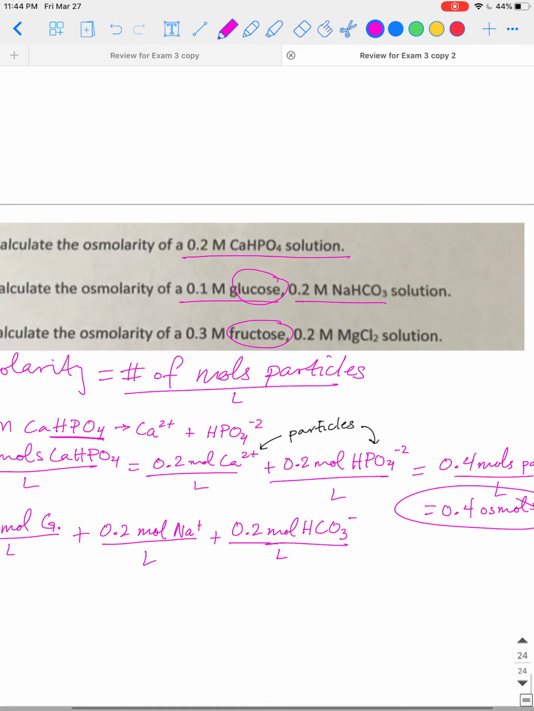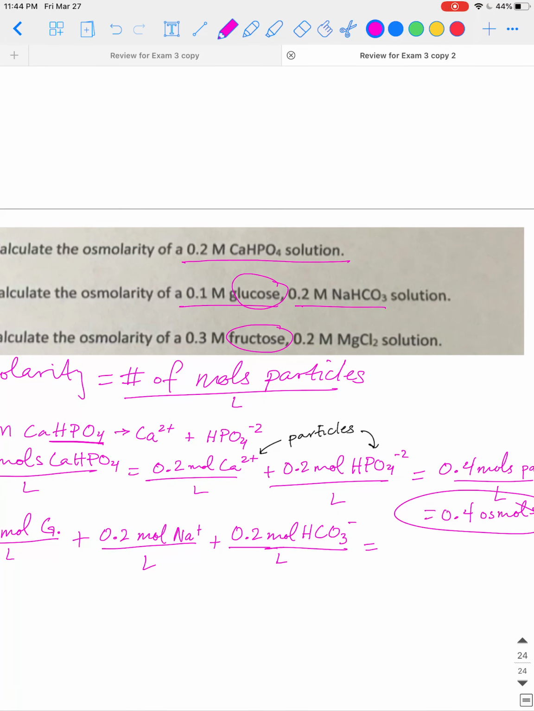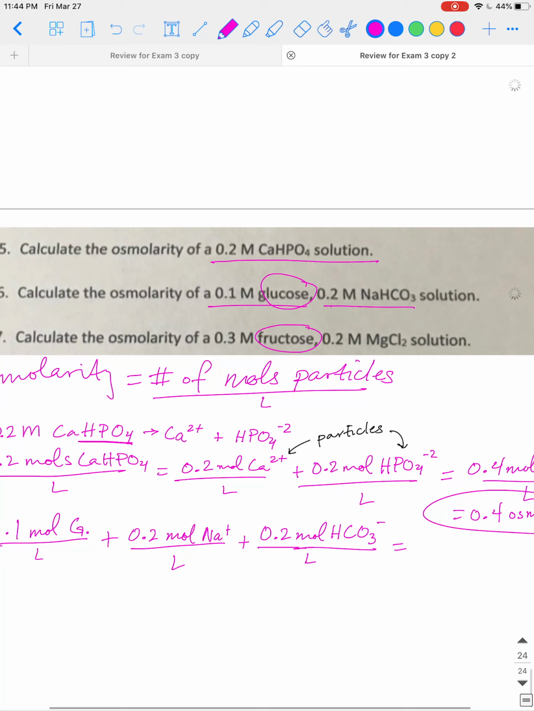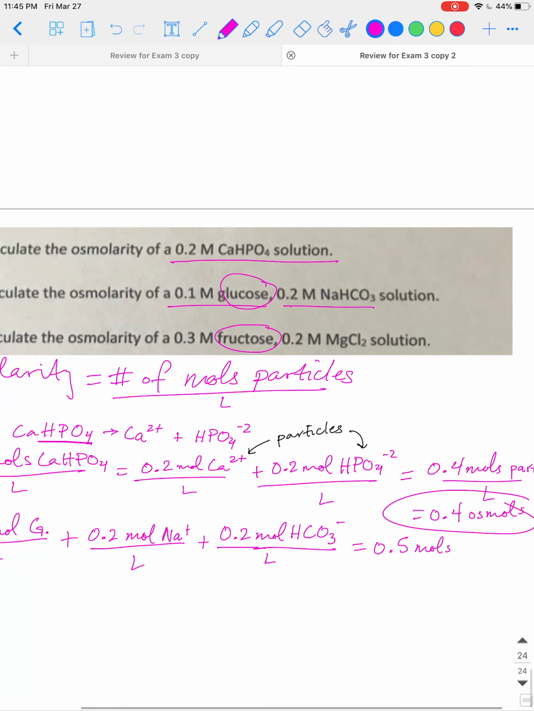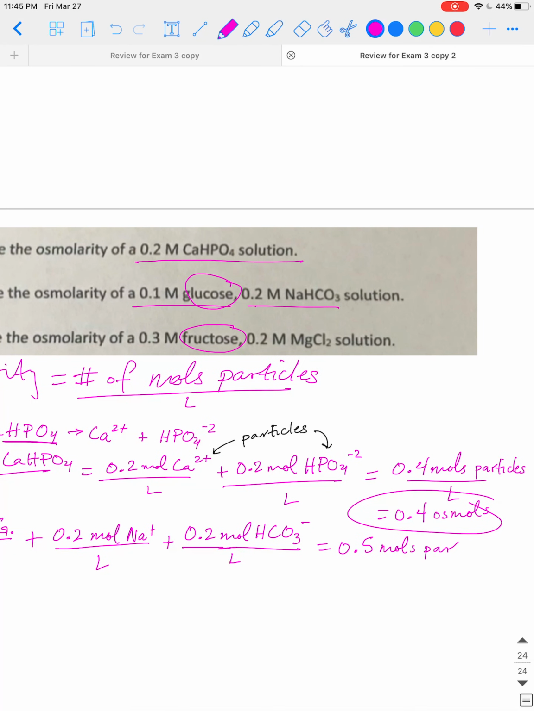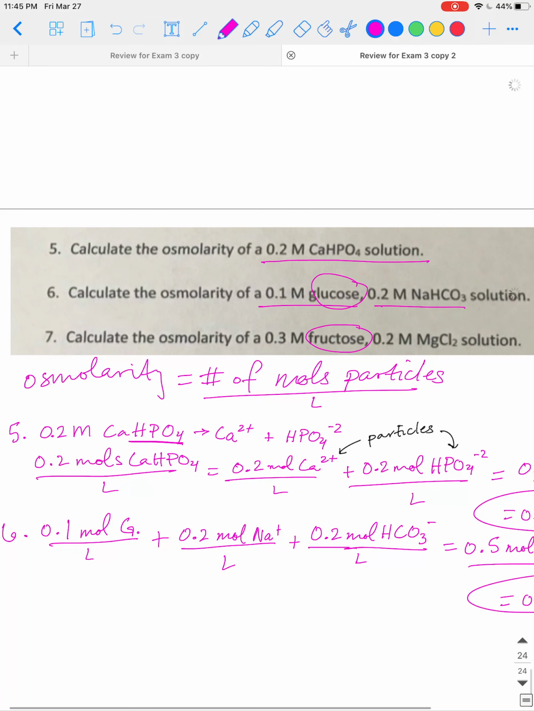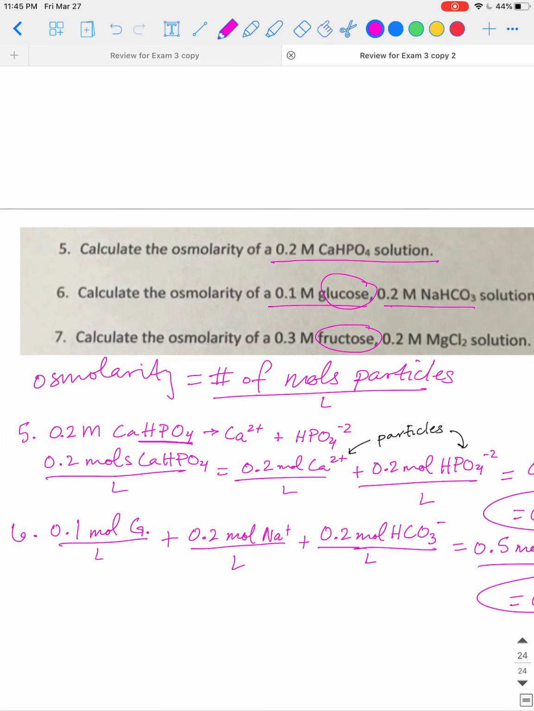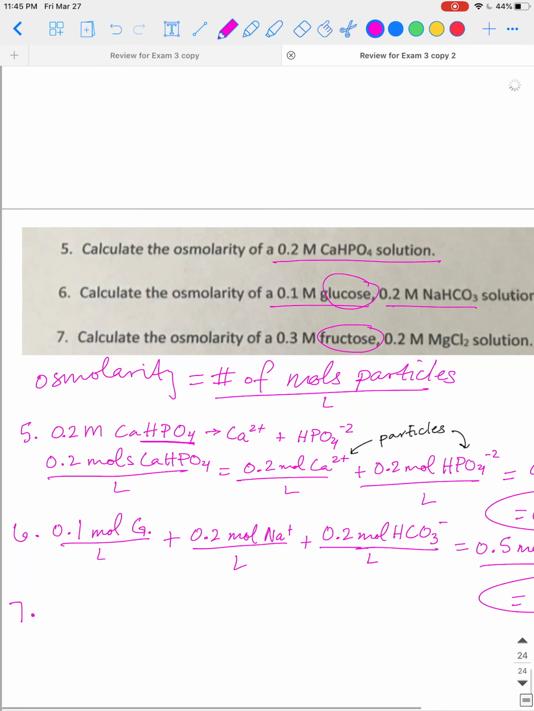So we're going to add up the number of moles of particles, and you should get 0.1 plus 0.2 plus 0.2 is 0.5 moles of particles per liter, and that is 0.5 osmoles. So that's number 6. Number 7,